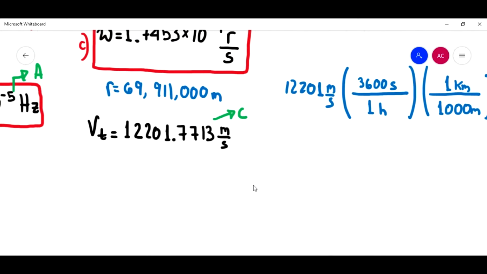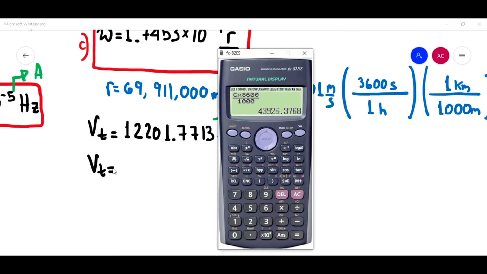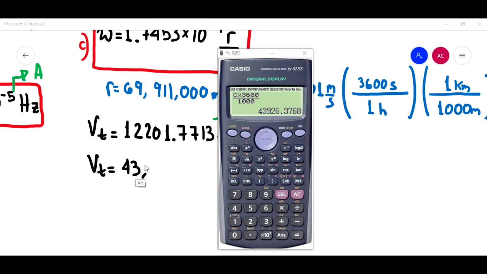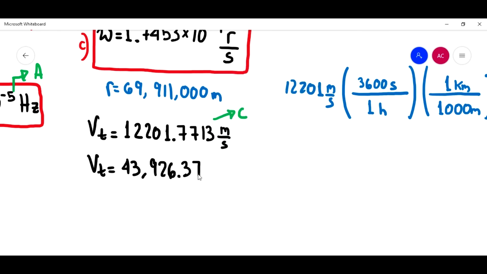Okay, so the tangential velocity will be 43,926.3768 kilometers per hour. That's a lot. I'm sorry, but I'm kind of